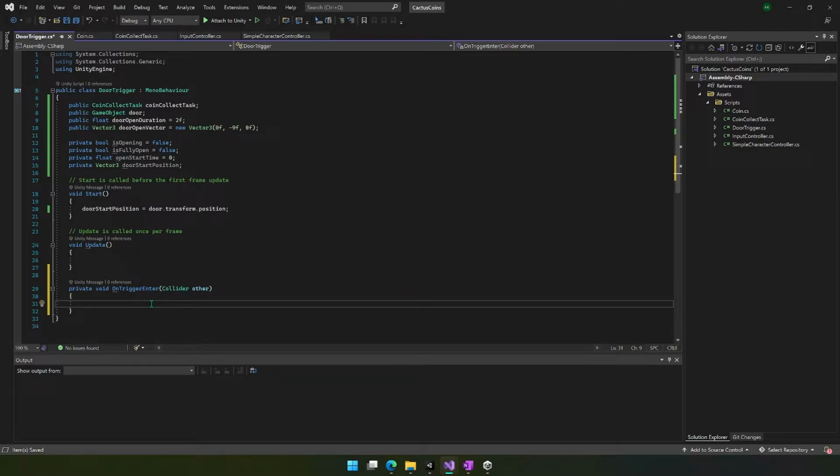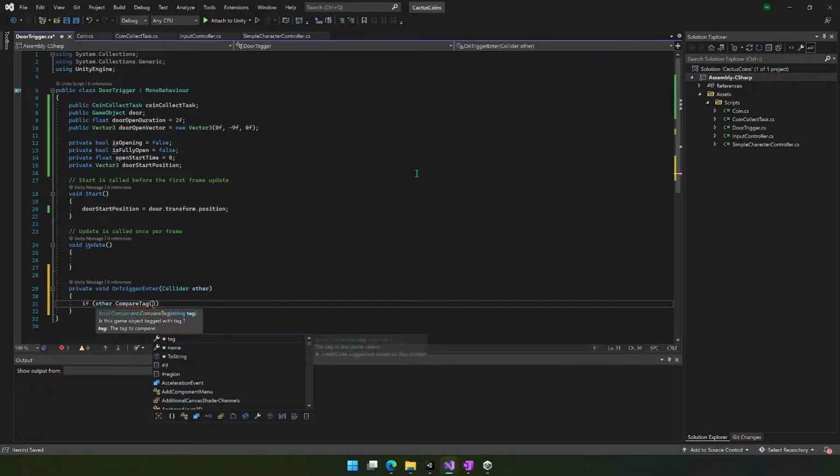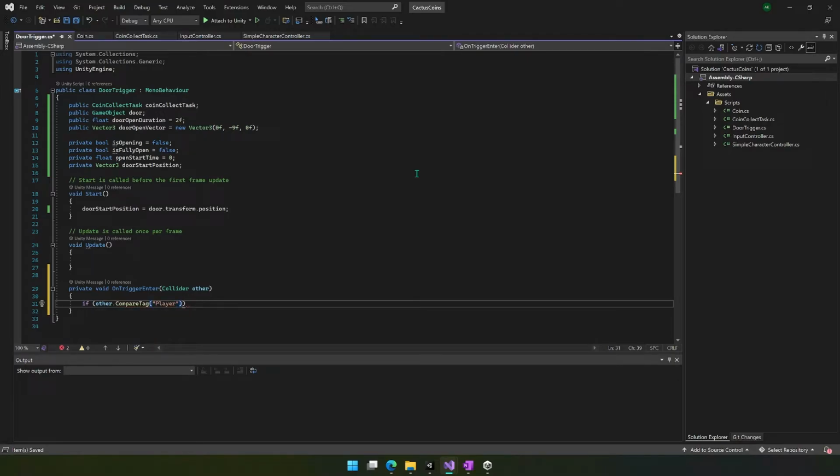And what we're going to say is if other.CompareTag, and we're going to compare it to Player again. So this is the same as how it worked with the coins. And not isFullyOpen. So this is just saying if we've touched the player and the door is not fully open,